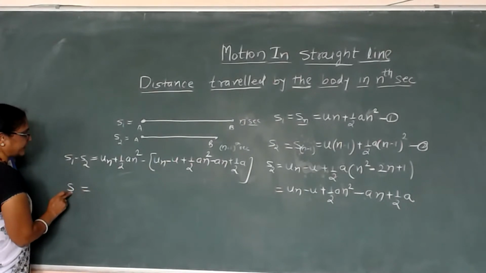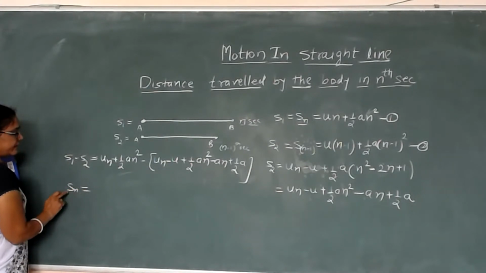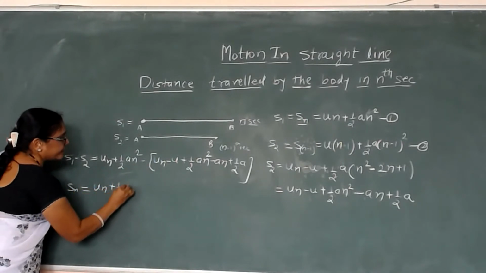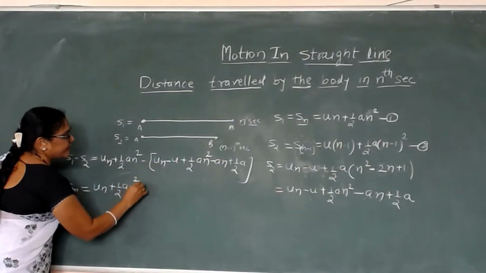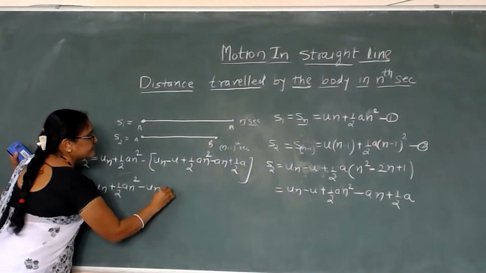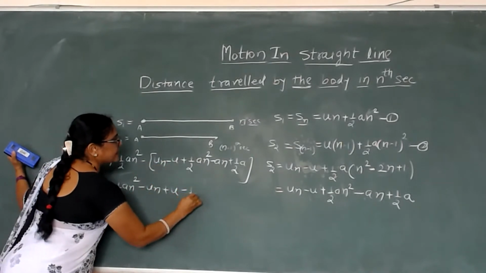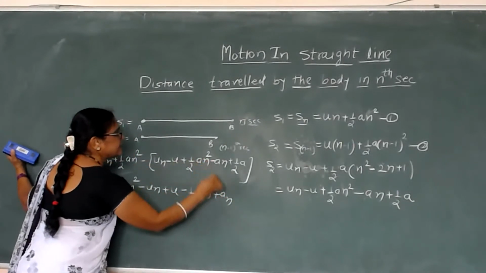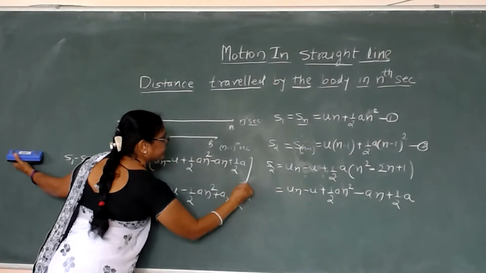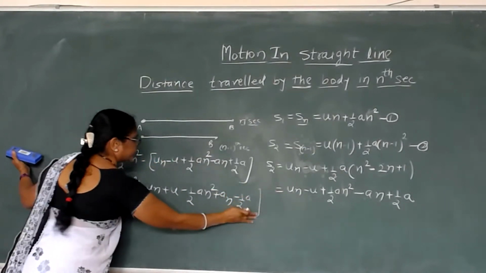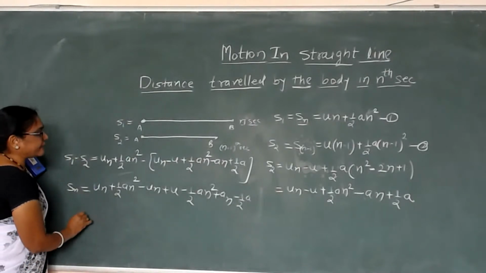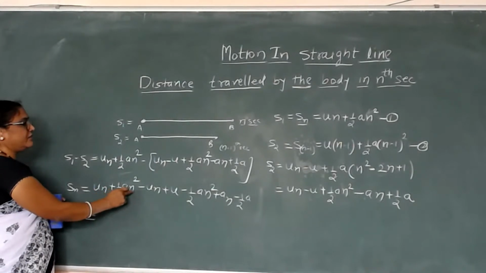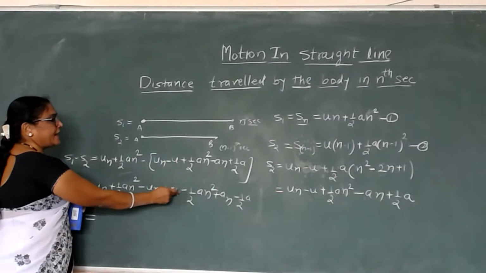that is the distance traveled by the body in the nth second, last 1 second. Sn is equal to, simplify this bracket, un plus half a n square minus, plus minus un, minus minus plus u, minus plus minus half a n square, minus minus plus a n, minus half a. Cancel the same values. See the equation: un plus half a n square minus un plus u minus half a n square